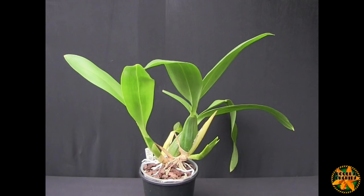And the new growth on the right hand side is quite a bit behind, so if they both bloom they will be staggered, so that prolongs the blooming period. I'm quite happy with that. It's all very well having lots of blooms, but...